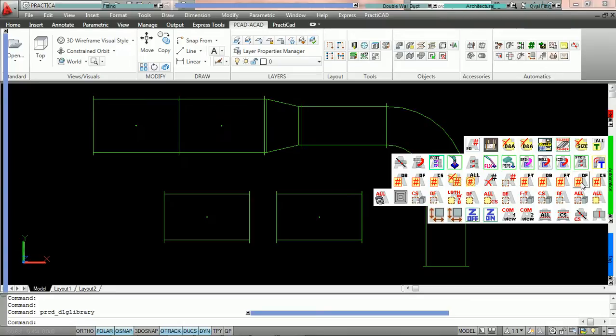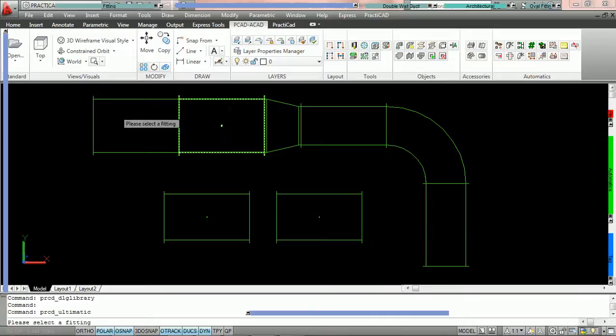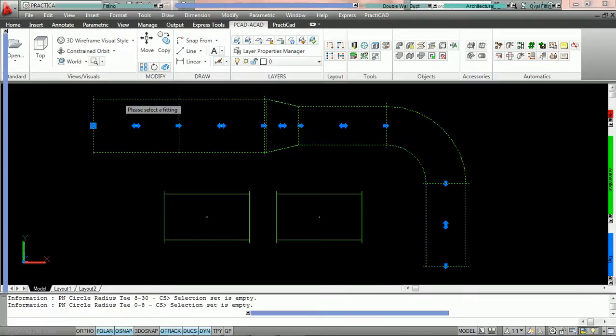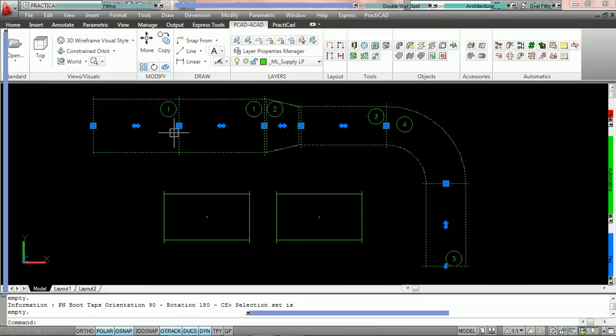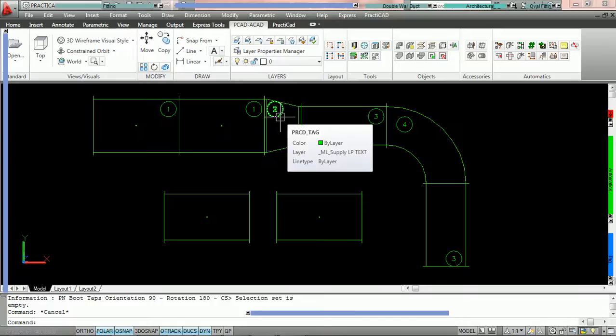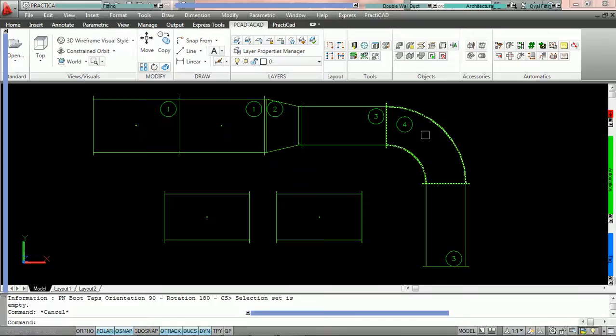Now what we're going to do is use a numbering automatic. We're going to take one out of our automatic bin called duct line forward, and we're going to number this line using an automatic, but this time we've got identical fitting numbers checked. So we're going to click on the drawing now. When we run this automatic, you'll see that Practicad has now taken these first 2 fittings and given them the same number. Number 1, number 1. And then it goes down the line in sequential order. We get number 2, number 3, number 4,